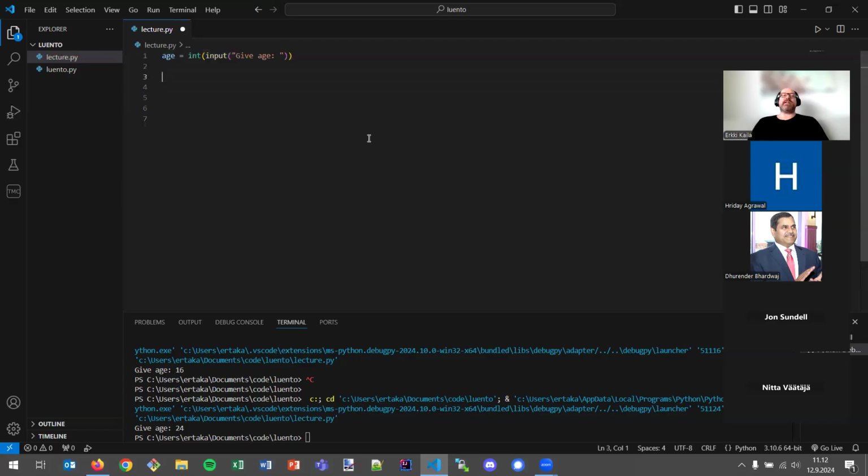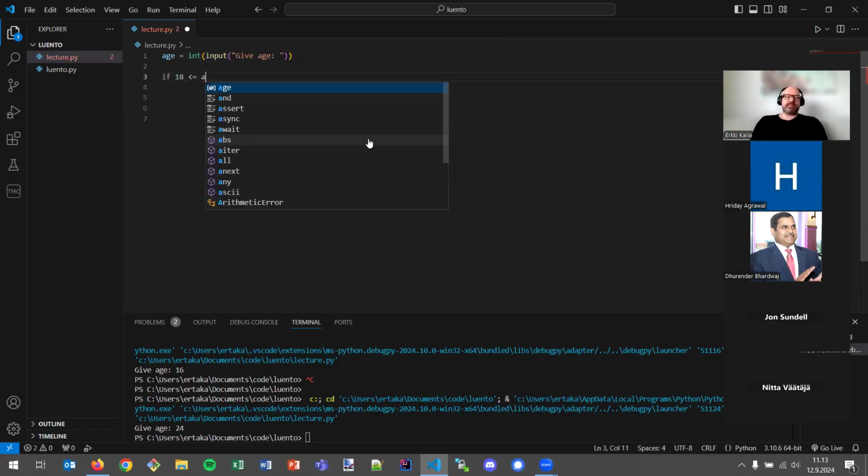So we have the age, and let's say that we want to check if the person is older than 18 so that they can apply for the job. Let's do that first. If the age is between 18 and 64,